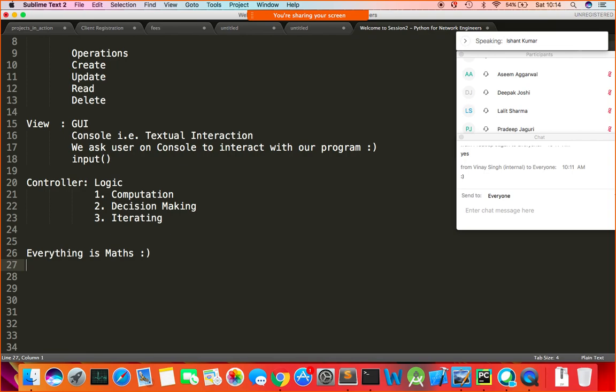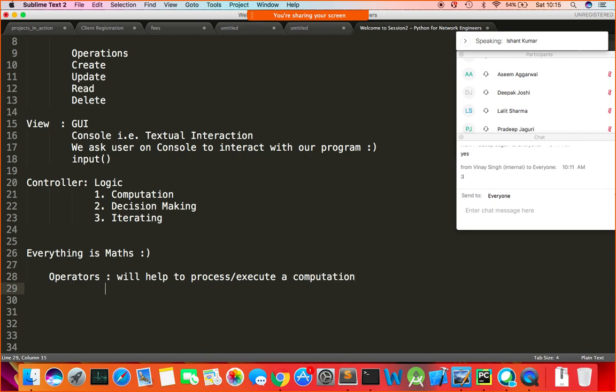So everything in this world can be thought of as maths, and we do a lot of calculations, computations to come up to a result. But how we do it, right? So in computer science, we got operators. So these are mathematical operators. So operators will help to process or execute a computation,